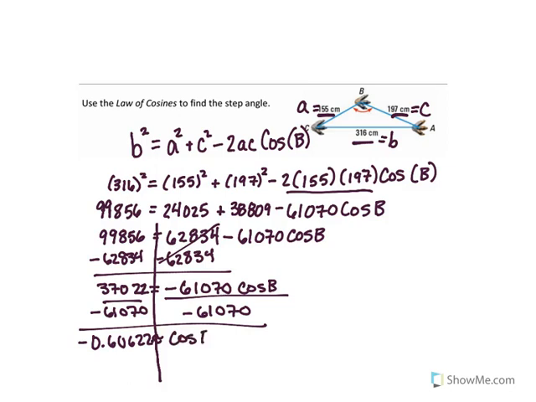the cosine of b. When you do this in your calculator, we're going to take the cosine inverse here. So do cosine inverse, and then go up to your number, type enter, and it'll bring that whole decimal down, so you're not typing in all of those decimal places. So let's go ahead and do that. We're taking the cosine inverse of both sides to get rid of that cosine. When you do that, you get